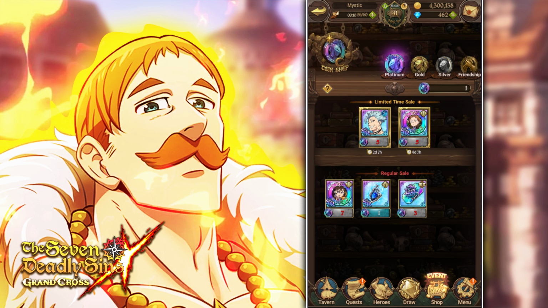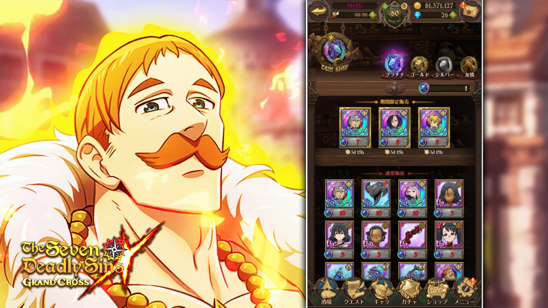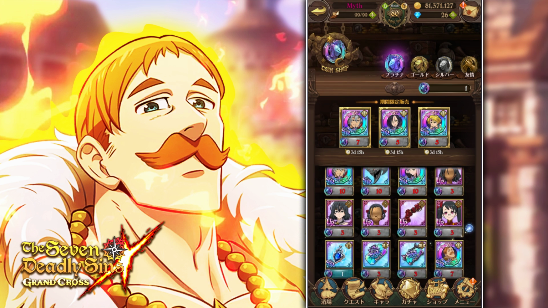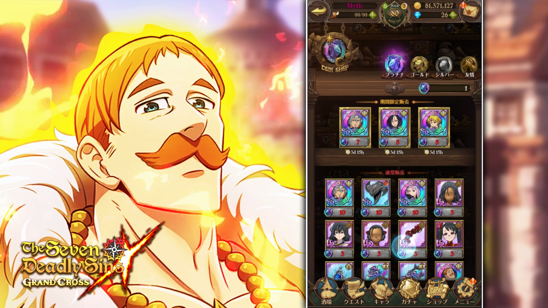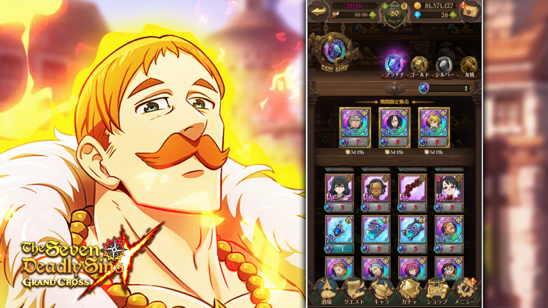Now, as for the coin shop, it is pretty empty right now. So let's jump back over to JP to give you an example of what it will actually look like. This stuff up top is pretty new with the commandments. These units over here are